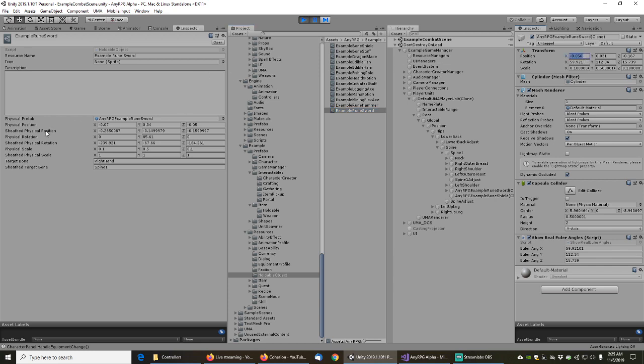set the sheathed physical position to these values right here, X, Y, and Z, and then set the sheathed physical rotation to those values right there. And then